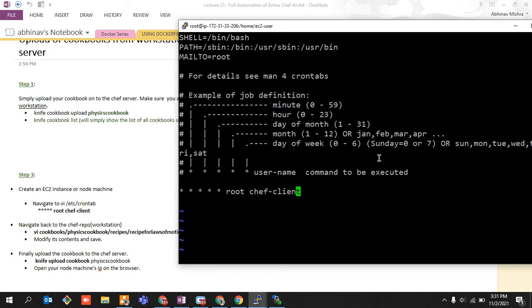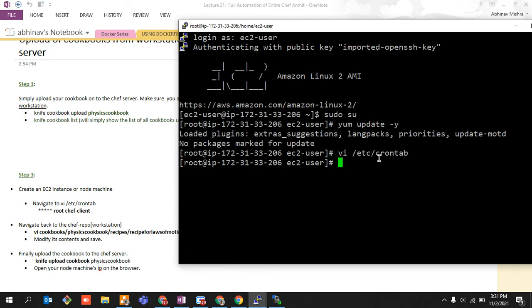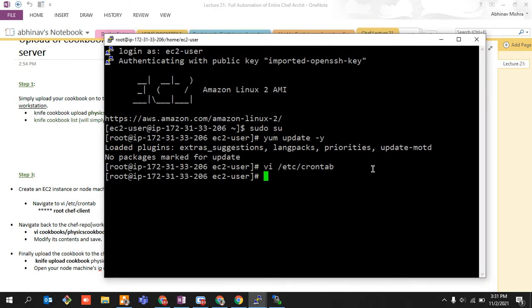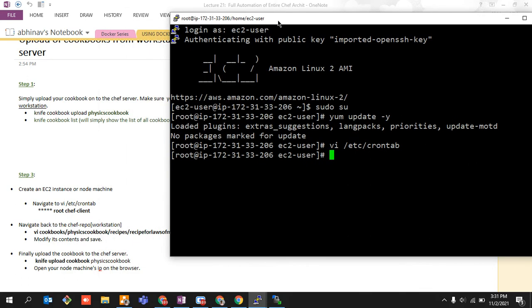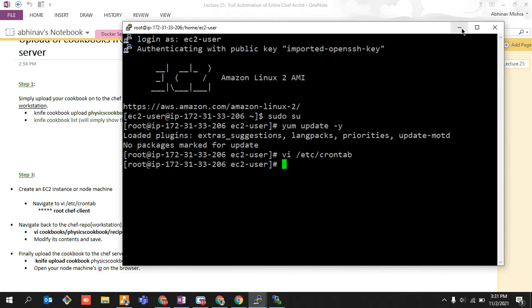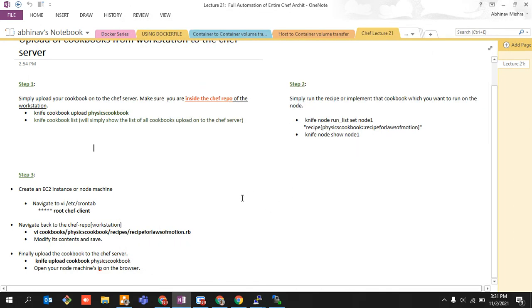So now I'm doing exit, escape, :wq, that is it. I have given this machine a schedule that now every day, every time, 24/7, you are going to look onto my chef server. If something gets updated, you need to pull it, and it will pull it on its own, right?